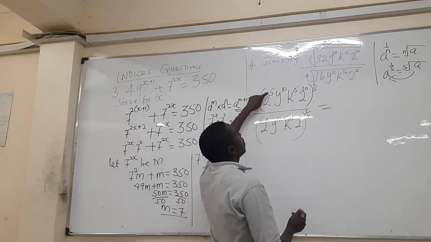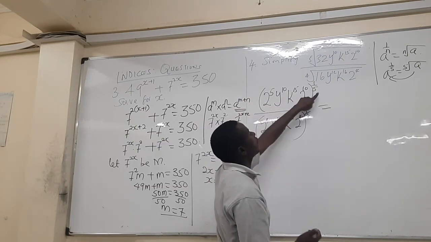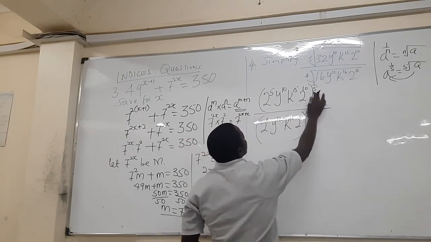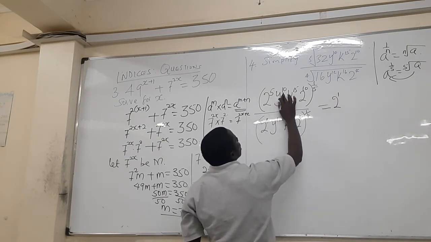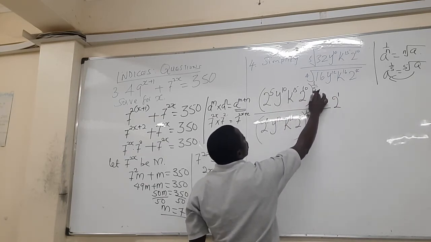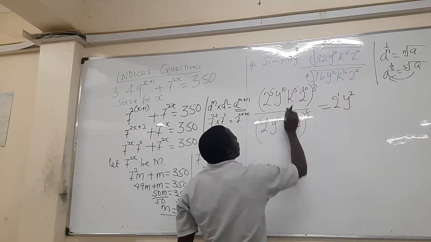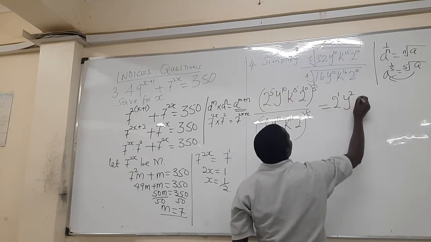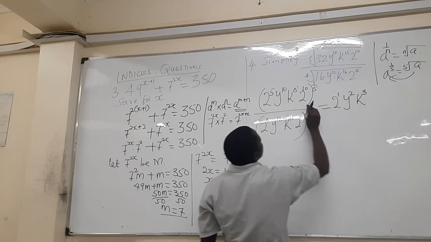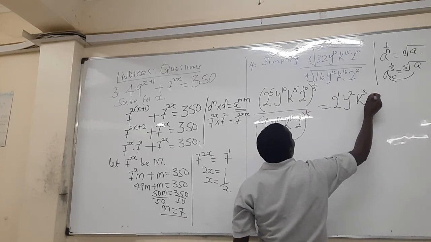I multiply everything by the power of a fifth on the numerator. So 2 power 5 times a fifth, I'm going to have 5 divided by 5 and get 1, so it is going to be 2 power 1. Then y power 10 times a fifth. So 10 times a fifth, by 5 1 by 5, 2. So it's going to be y power 2. And then k power 15. So 15 times a fifth is going to be by 5 1 by 5, 3. So it's going to be k power 3. And then you have this 2 power 10 times a fifth. So by 5 1 by 5, 2. So 2 power